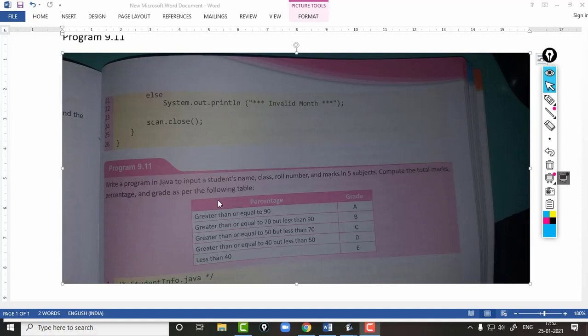So the input of this program will be student name, student class, roll number and marks for 5 subjects. Then using a formula we need to find the total mark and percentage. Then according to this table we need to find the grade of the student. If the student's percentage is greater than 90, he will get A. If it is 91, 92 or equal to 90, then also he will get grade